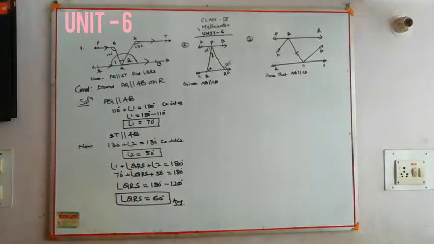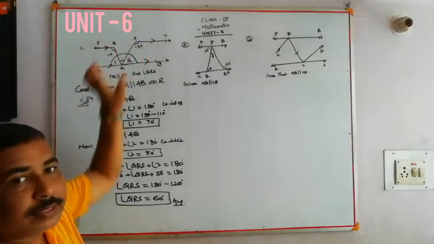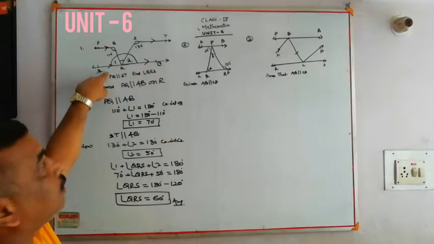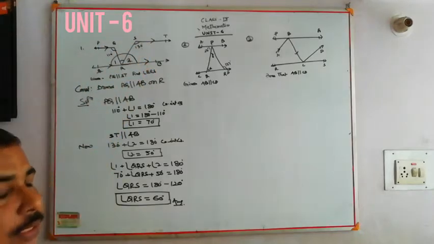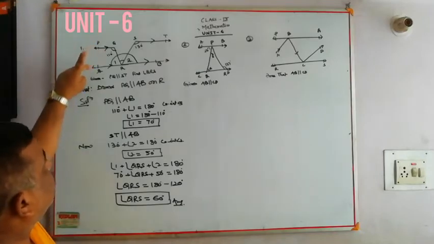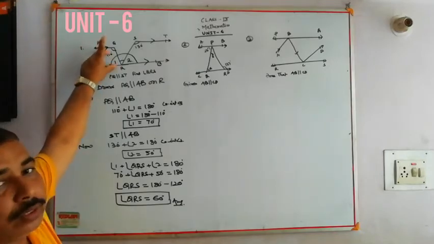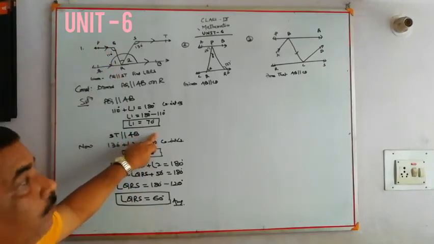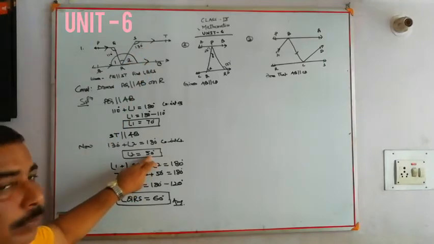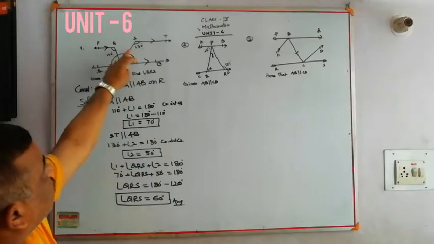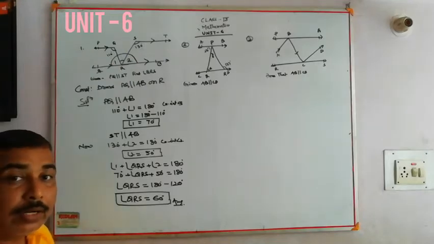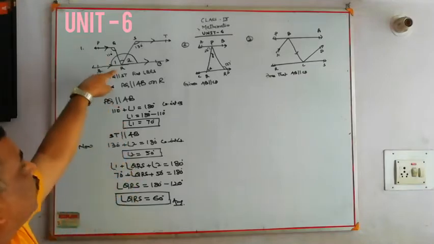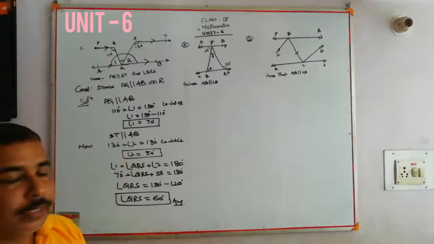Question again. Given that these are parallel lines, only with the help of construction we drew AB, and PQ and AB are parallel lines. Therefore, these are also parallel lines. If PQ and AB are parallel lines, the sum of the angles is what? 180 degrees. These are co-interior angles. Then you find angle 1 is equal to 70 degrees. Also, angle 2 is equal to 50 degrees. At point R, three angles are formed. What is the sum of the angles? 180 degrees. Then angle QRS is equal to 60 degrees.